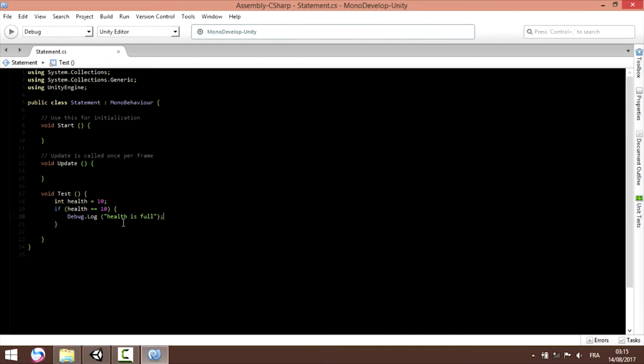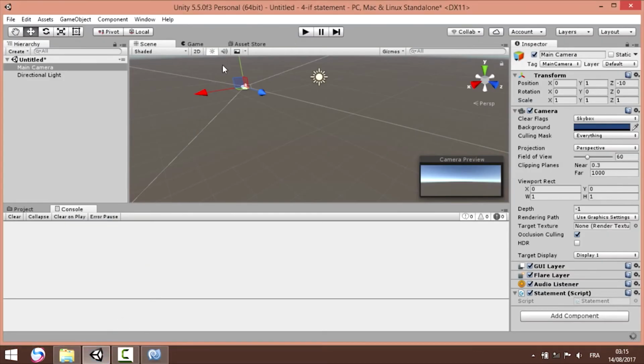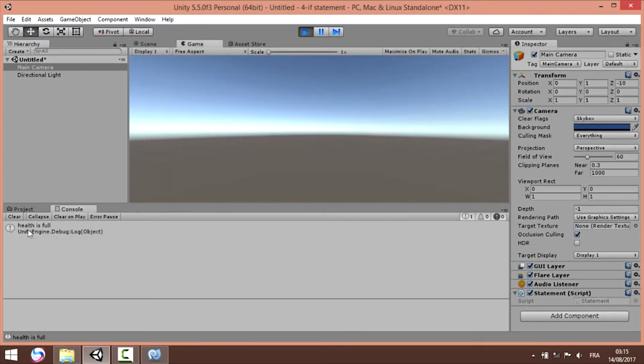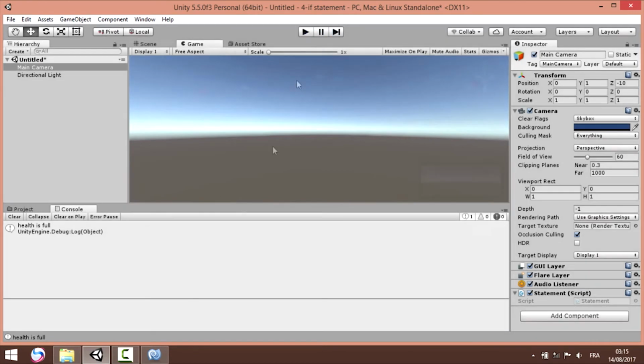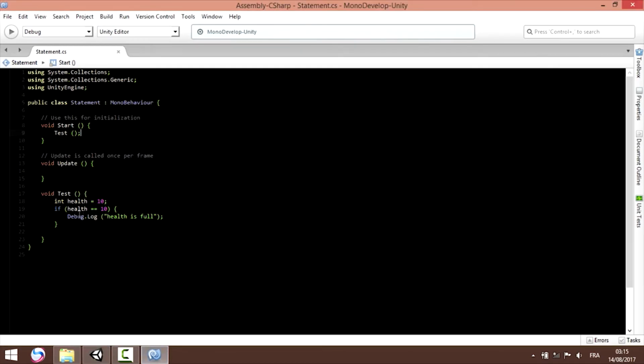Before we jump into Unity and try to execute the code, we need to call our test, so we're going to call it in the Start function. Let's save and then go into Unity and test our code. So health is full. If health equal to 10, Debug.Log health is full. Else